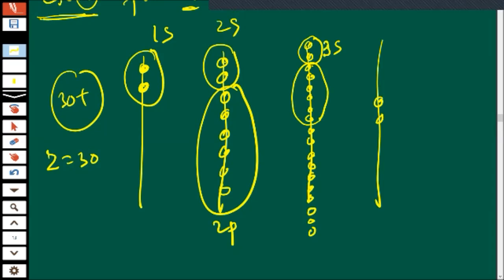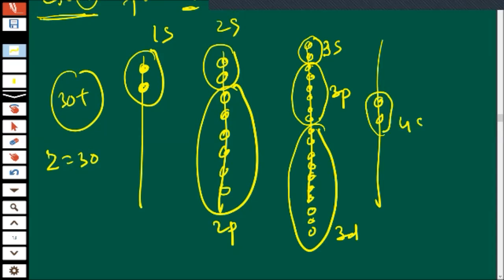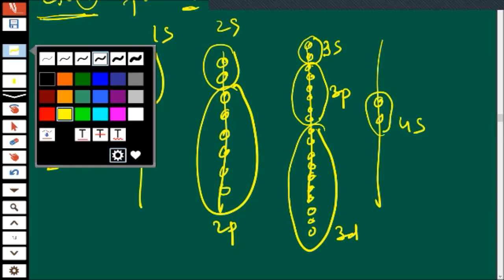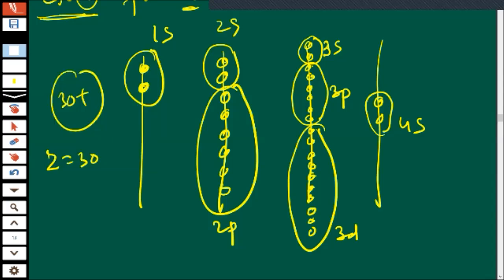This is 3s group. This is 3p. 1, 2, 3, 4, 5, 6, 7, 8, 9, 10. This is the total 3d group. This is 4s group. Now see, for protection purpose, suppose if we want to protect this d electron,